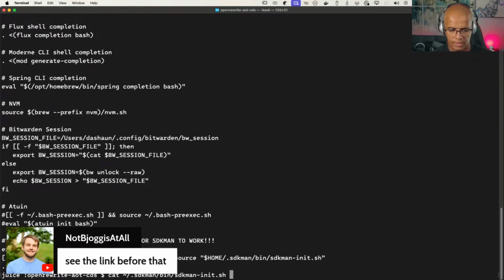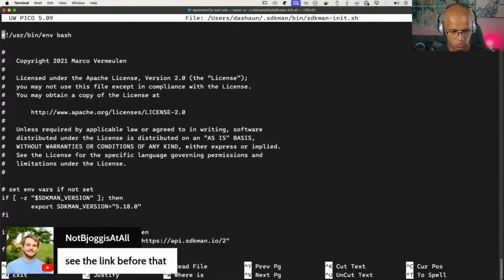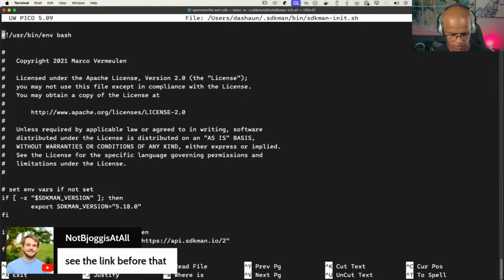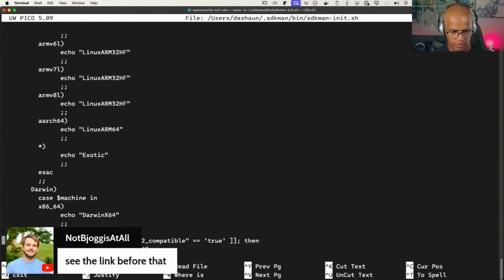bin SDKman init, nano, and then control G, isn't it control G? Control, and that's the help. How do we go to, oh, we'll do it this way. It's at line 77. There we go. If SDKman Rosetta 2 compatible equals true, then